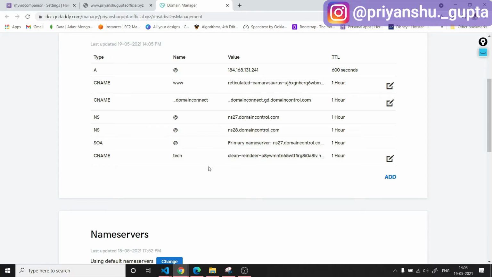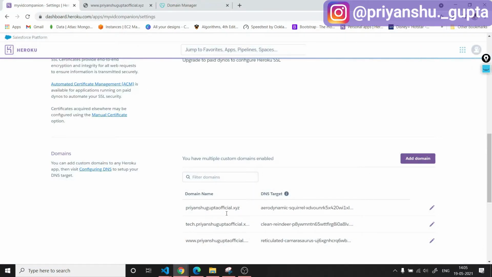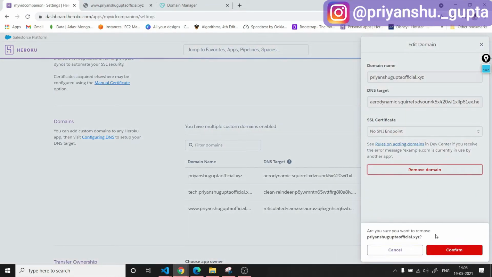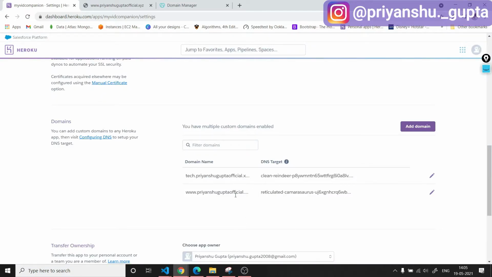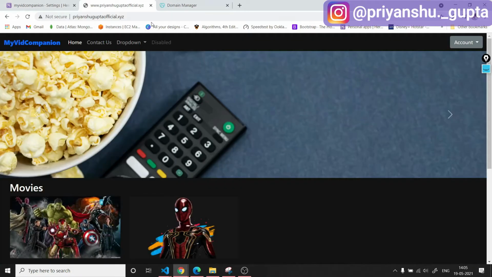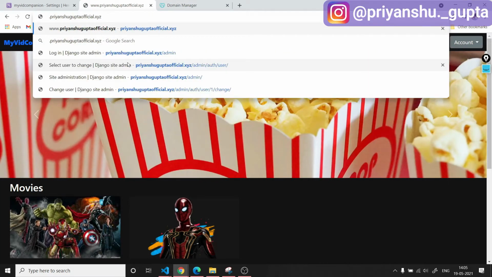So now I have added one more record here, and now let's remove this because we don't need this anymore. Remove domain. So currently we have two domains here. The only difference between them is the subdomain. So I have added this also, and now let's try to connect with our website using this new subdomain, that is tech.